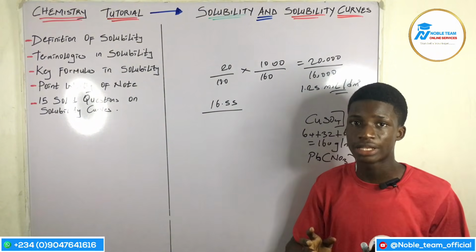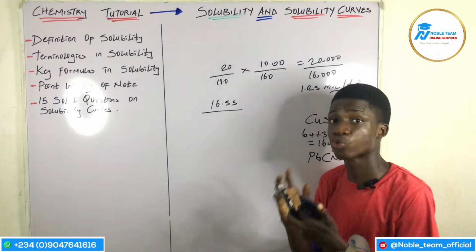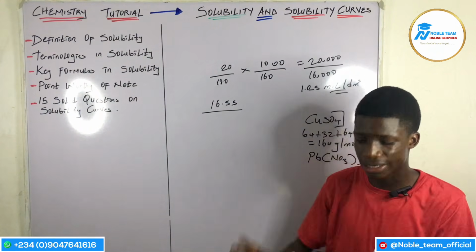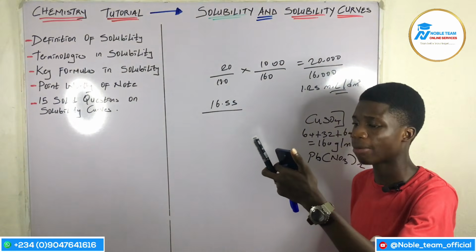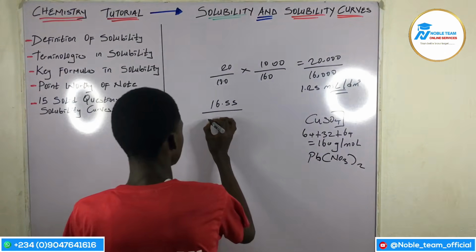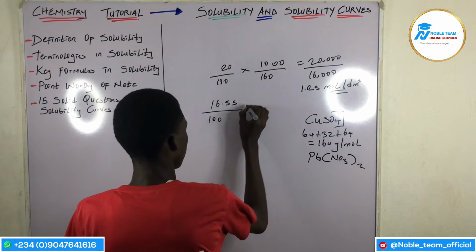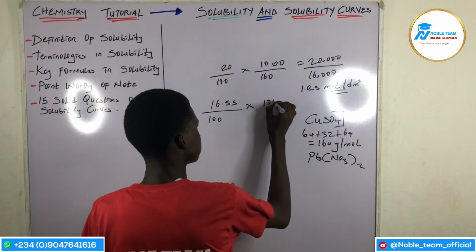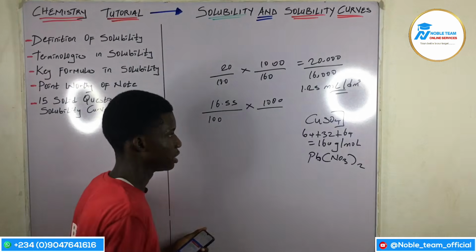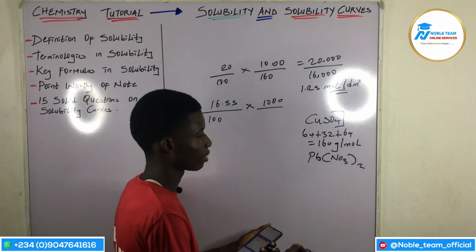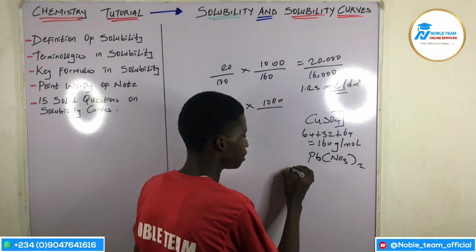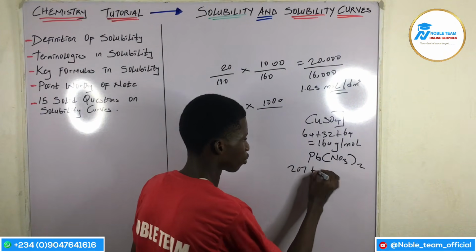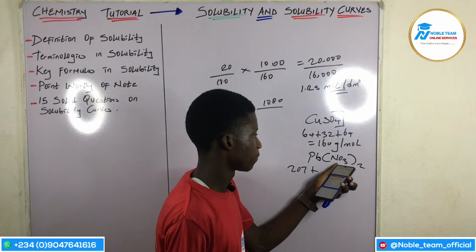The mass of solvent, which is water, is 100 grams. Now, looking at this question, it says that it's dissolved in 100 grams of distilled water. Then we have 100 multiplied by 1000 divided by the molar mass of this. Now, let's solve the molar mass of this particular compound. What is the molar mass of lead? Lead is 207